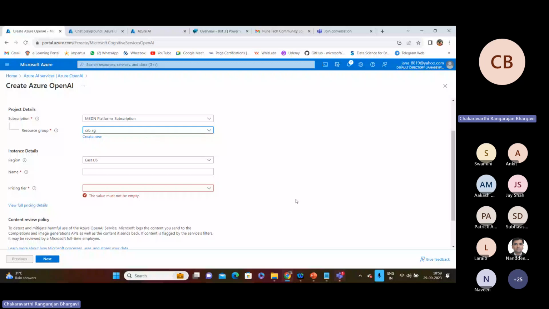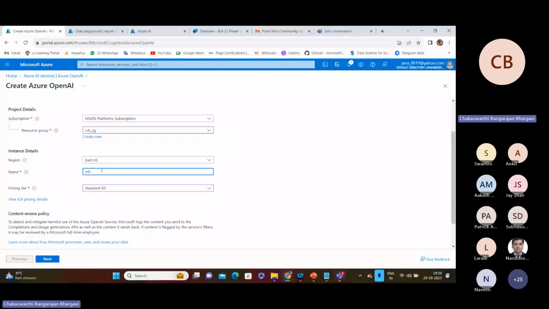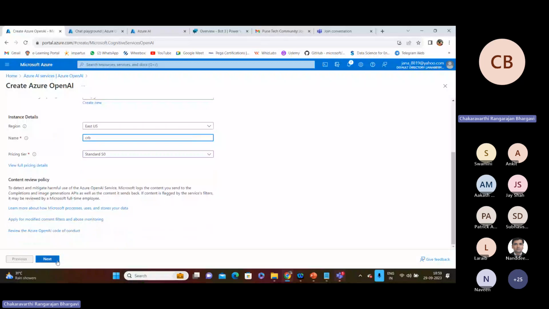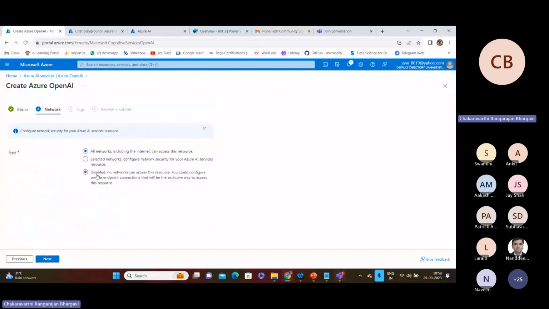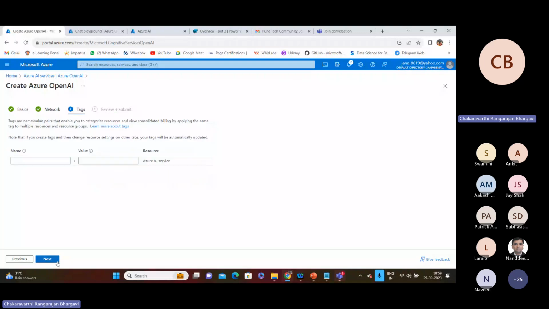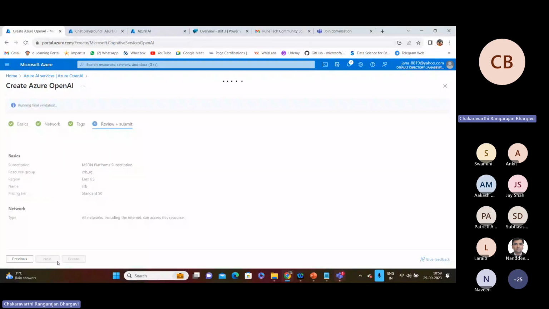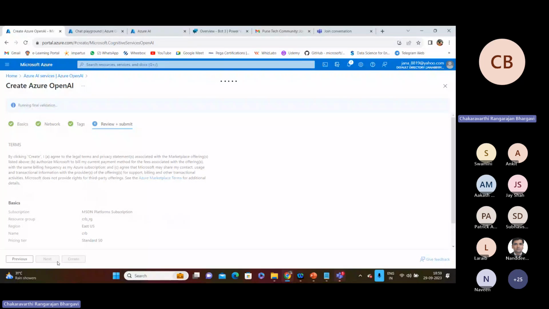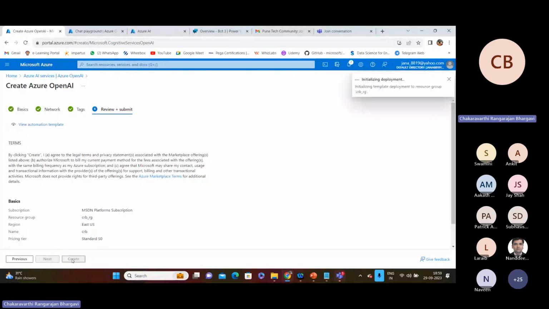And once you are done with everything, you would click on next. And it would prompt you to select the network, and you can give the tag and review and submit. Once you are done with all the process till review and submit, you now click create, and it gets created with the Azure OpenAI service, and the deployment is in progress. And once the deployment is done,